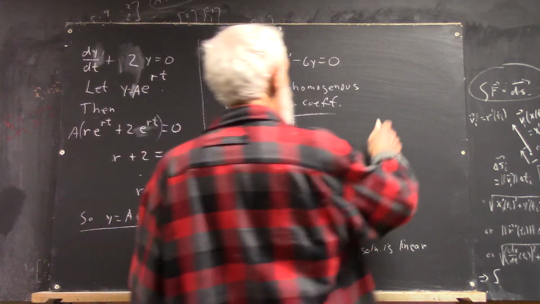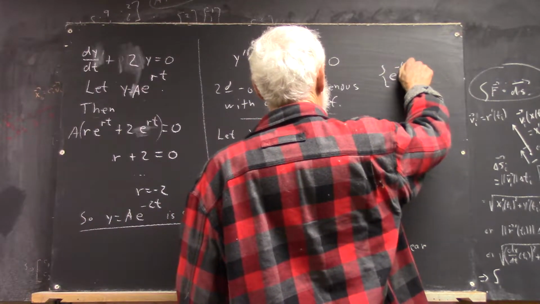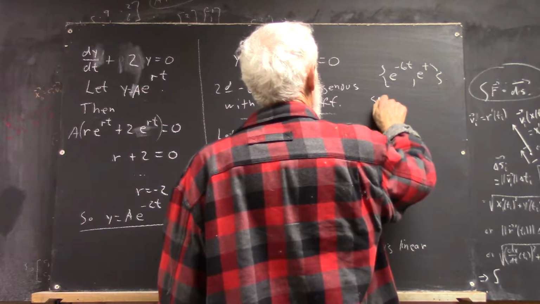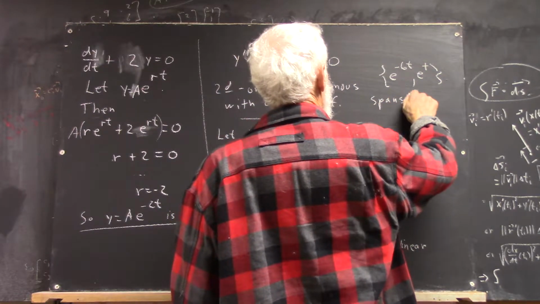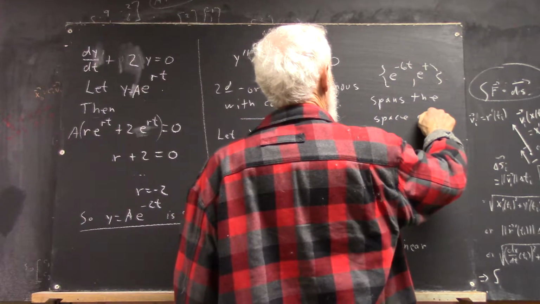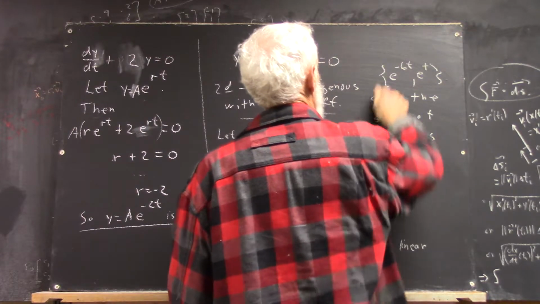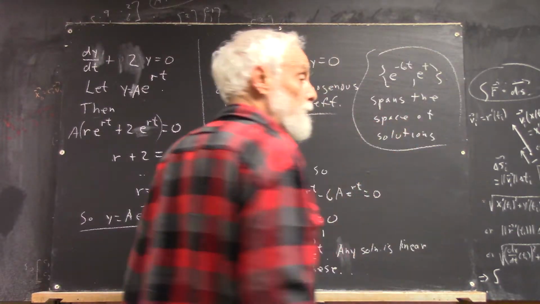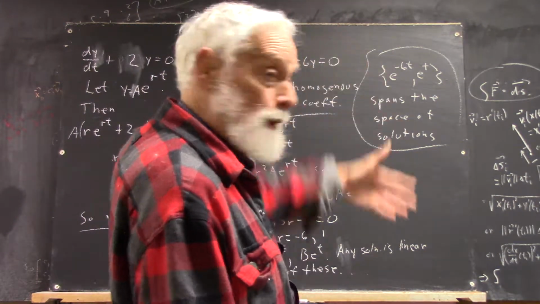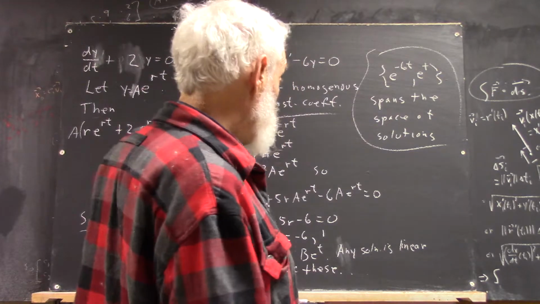In particular, the set e to the negative 6t, e to the t, spans the space of solutions, meaning any solution is a linear combination of these. Okay? And by a linear combination,